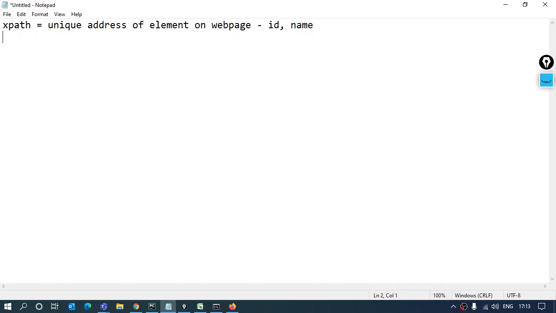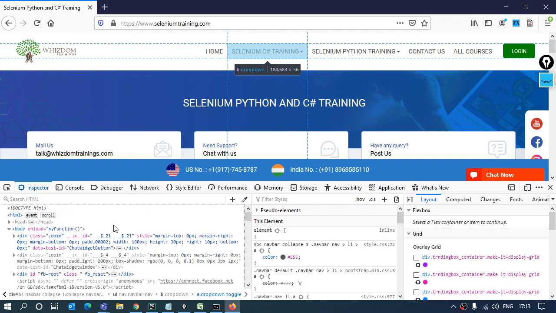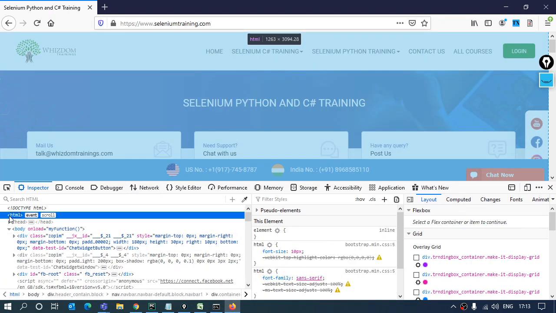There are two types of XPath that I get. One is the complete one. Now the complete XPath starts from the root of the page. Root of the page means the first tag. And on the web page, the very first tag that you will find is always the HTML tag.